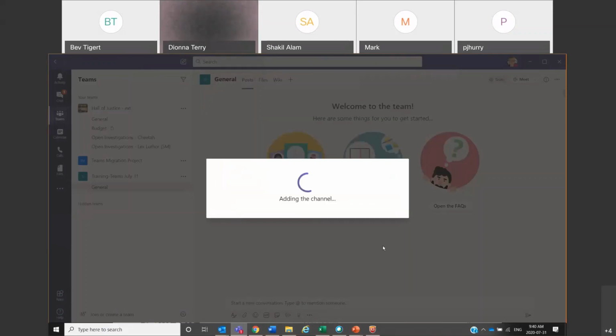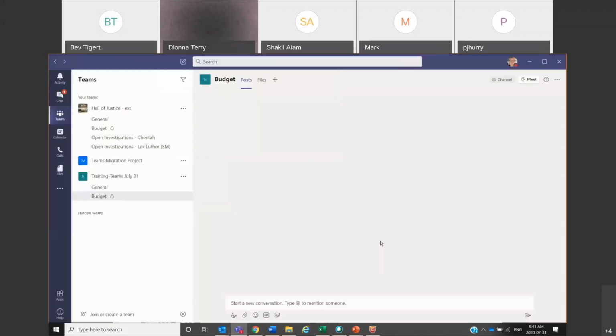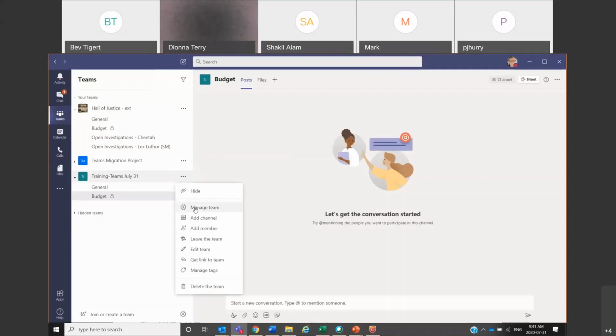And then it's going to ask me, who do I want to add? Right now, if I put anything in there, it's going to say we don't have any matches. Why? I haven't added anybody to my team. So we're going to skip this part as well. Okay. So what I want you guys to do, actually, give me 5 more minutes on here and then I'll let you loose. So back up here for my 3 dots, more options, manage team.